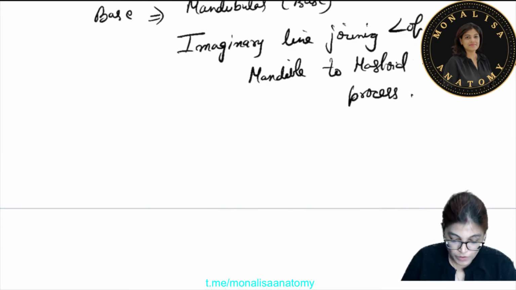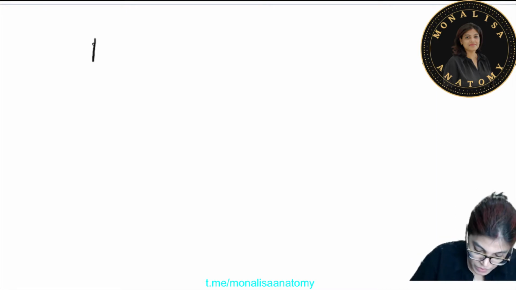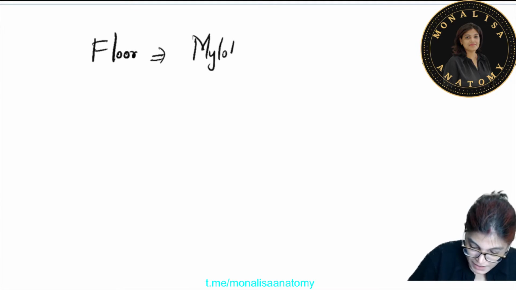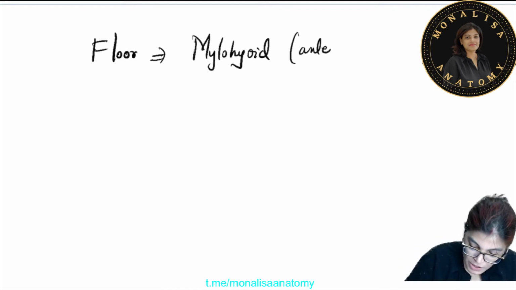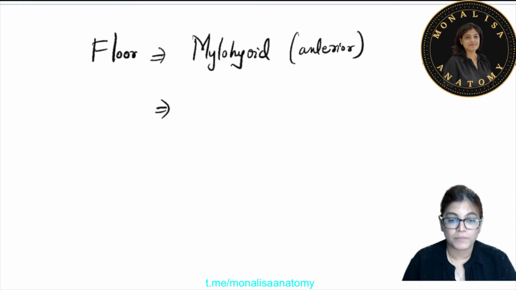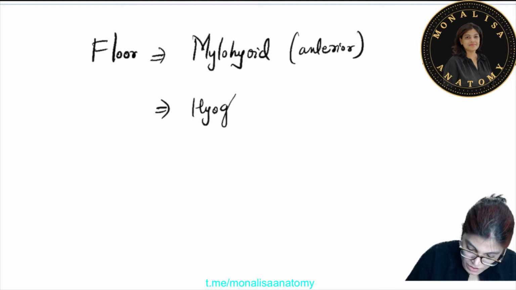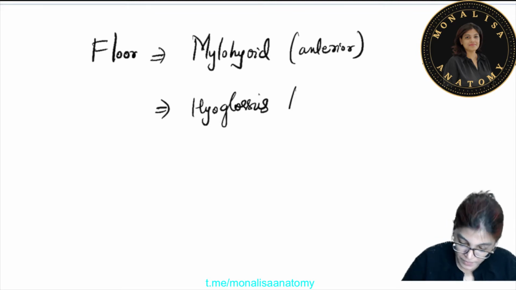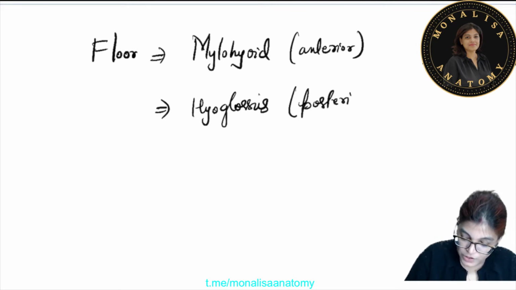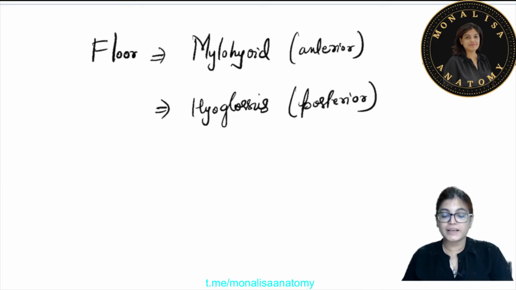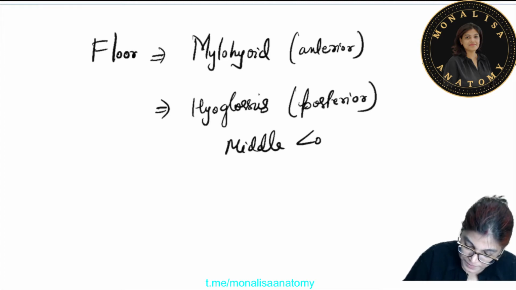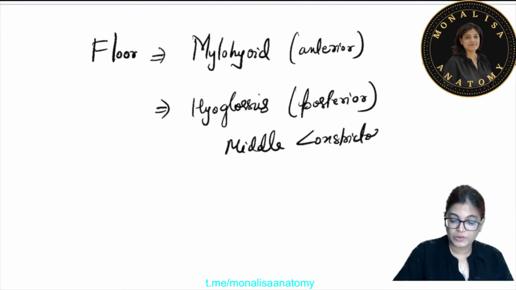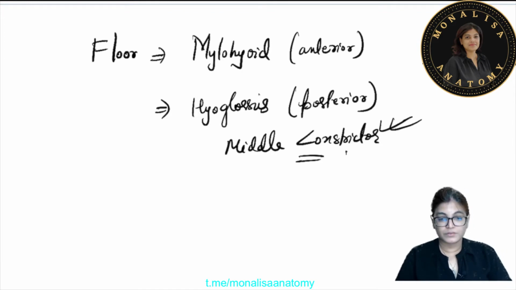After that, moving to the floor muscle and that of the roof. So the floor is formed by the following muscles: mylohyoid muscle, which is forming the anterior part of the floor, and the posterior part of the floor is formed by hyoglossus muscle. Hyoglossus is an important muscle of the tongue. Along with these two muscles, on the posterior aspect, there are a few fibers of the middle constrictor muscle. So the middle constrictor muscle of the pharynx is also contributing in the formation of the floor of the submandibular triangle or the digastric triangle.